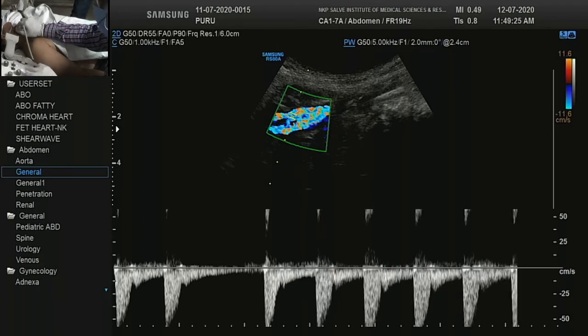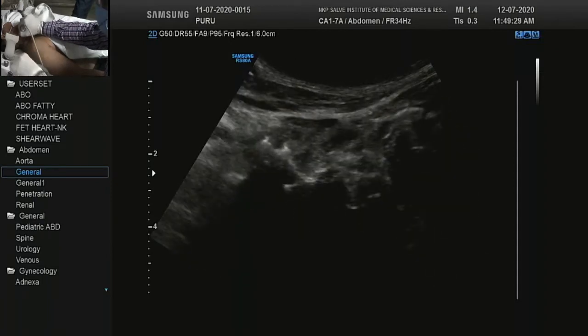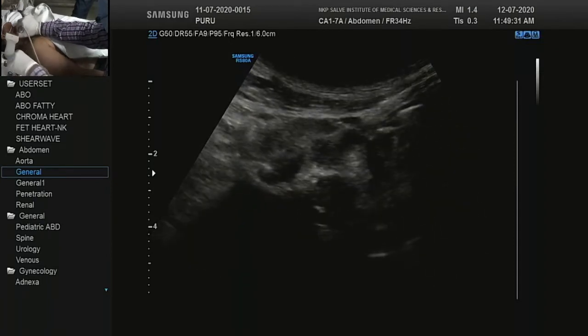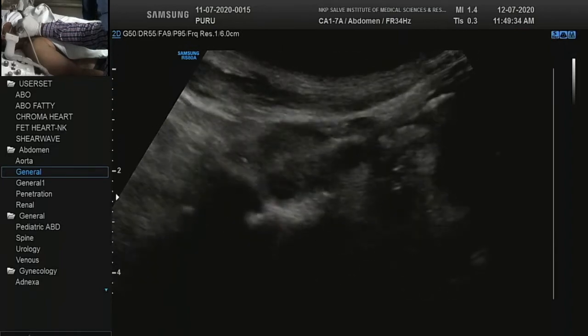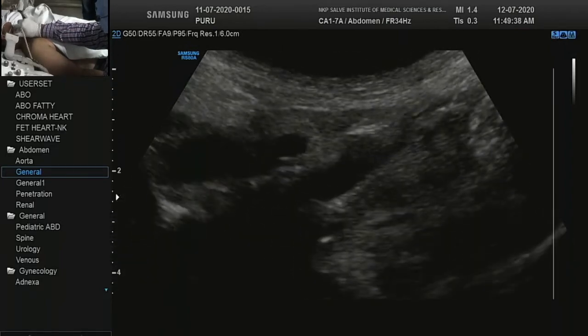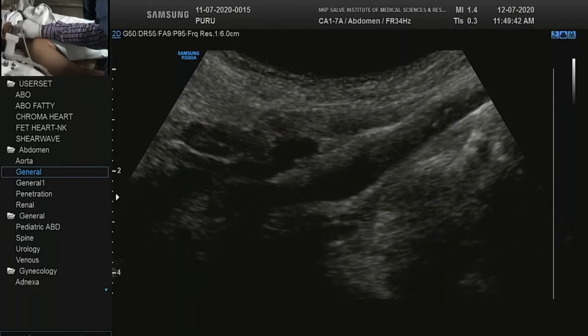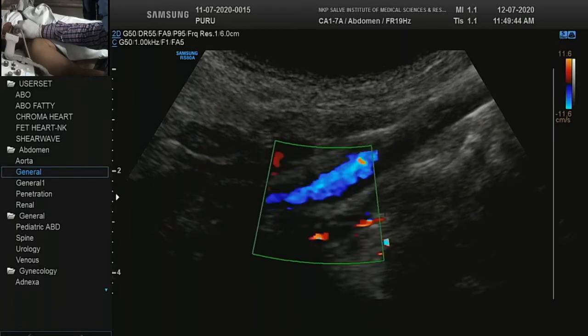This is probably the external carotid. It becomes difficult to see because the area is very wide when you do it through a convex probe. So that is the artery, and it is showing flow.